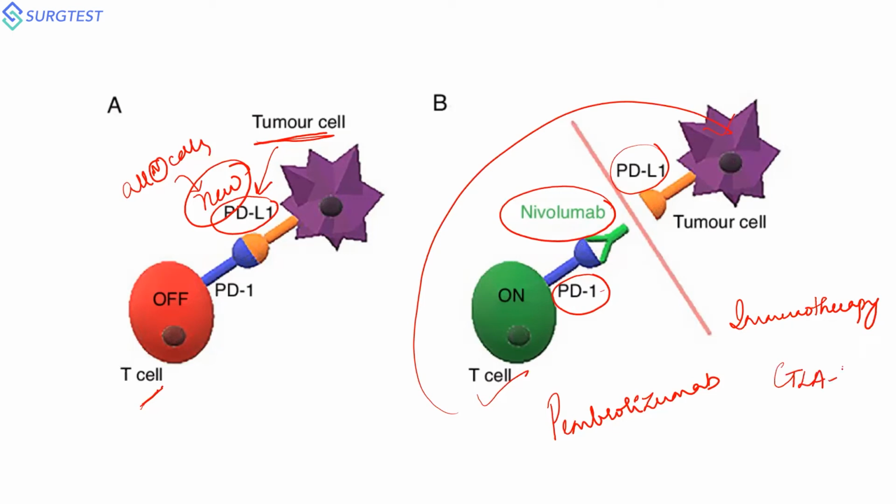CTLA4 is again a ligand which is being expressed by your antigen presenting cells. And when you have this particular inhibitor in your T cells, the T cells will be making the tumor cells identified as a foreign agent and thereby destroying them. I again repeat,